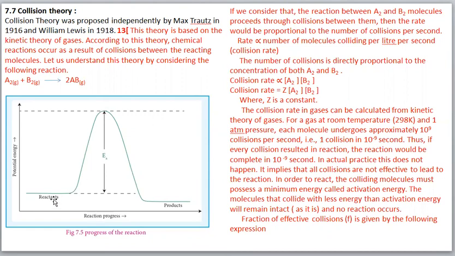So in between the reactants and products, there is an energy barrier. This energy barrier is called activation energy. If we increase the temperature, then what will happen? The potential energy of reactant molecules will increase. So instead of here, the reactant molecules' energy will come here, upper side. So automatically the activation energy will decrease, and hence the rate of reaction also will increase.